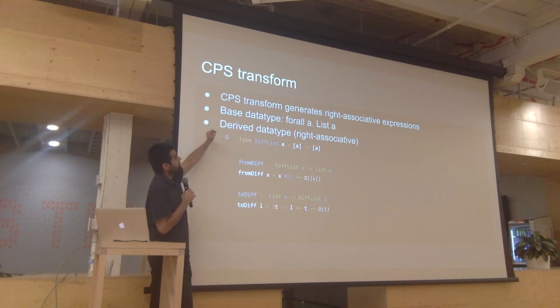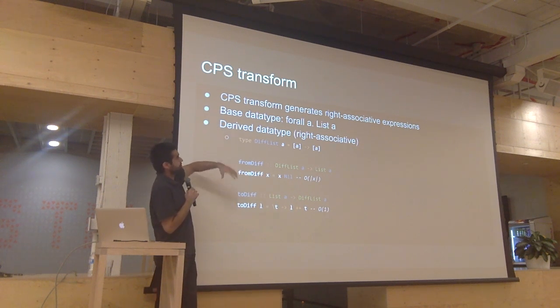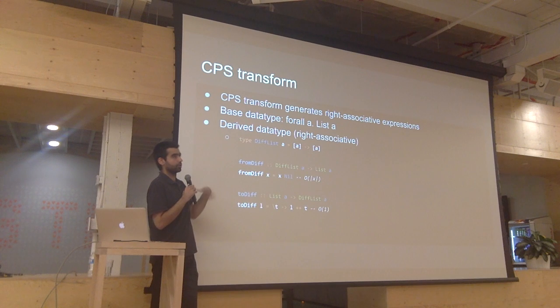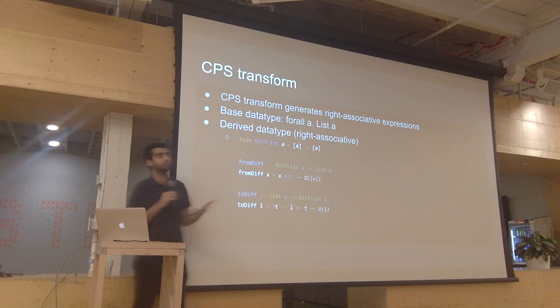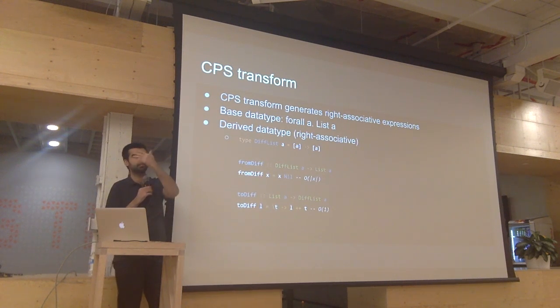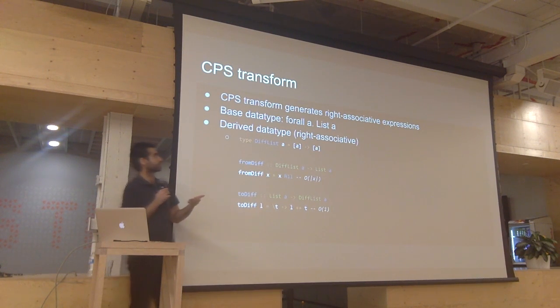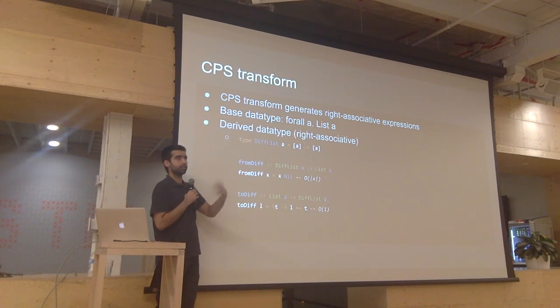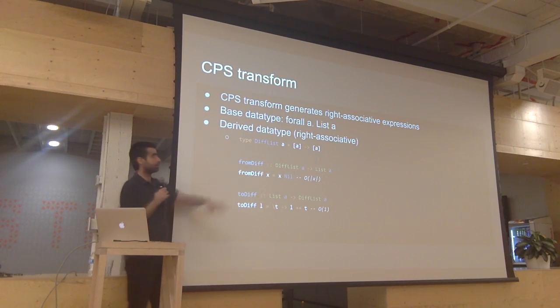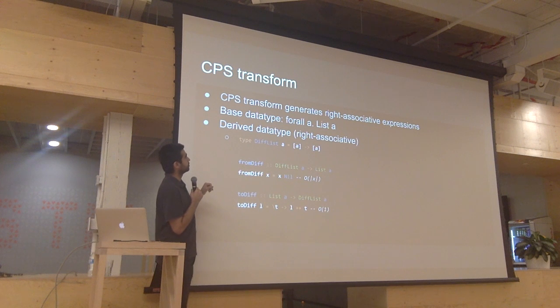The CPS transform depends on a base data type. For list, this is what the CPS transform looks like. You would have a similar CPS transform, or the density transform, for monads. There are various other things. They're simply generalizations of it. If you get this, you can then dig deeper and get the other aspects as well. But this really is the more important part, the essence of it, that if you can get this, then excellent.